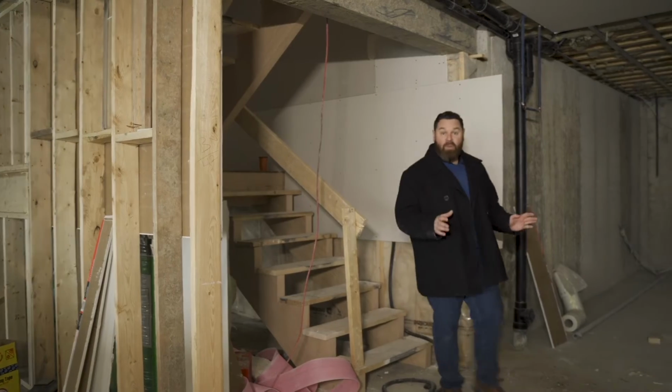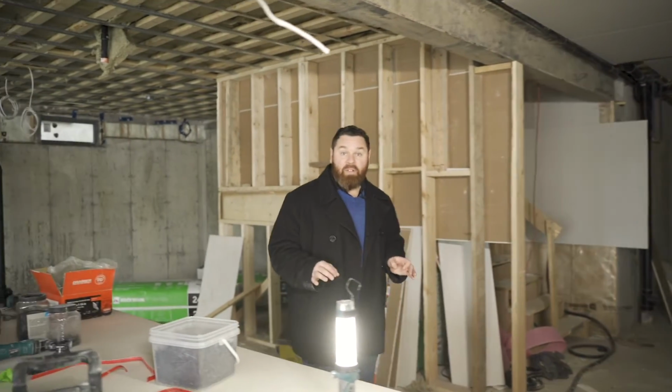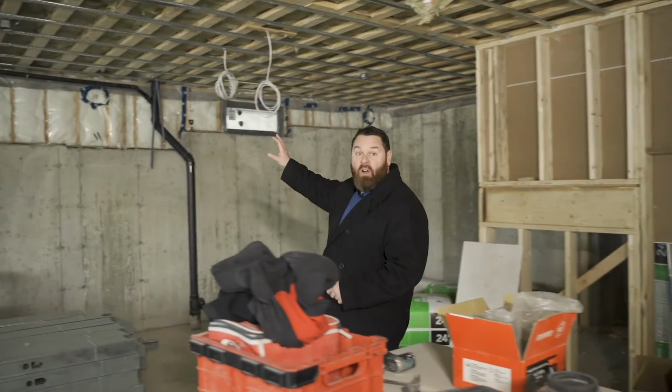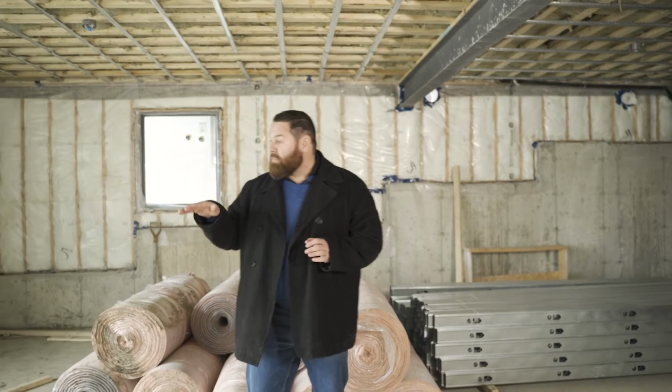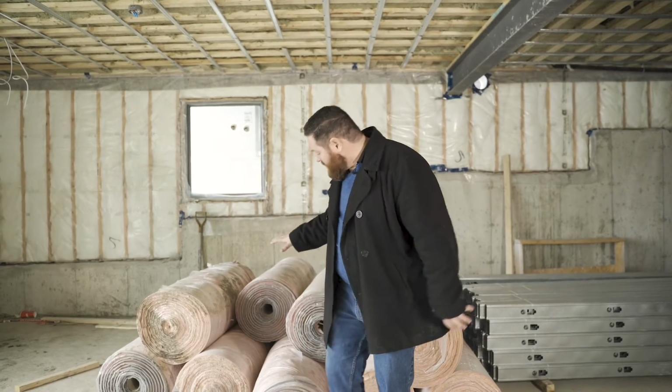So we have a great opportunity as we step into the basement here, because we can actually see both the insulation, vapor barrier, and drywall all occurring at the same time. So as you can see along the side wall over here, we have a step down foundation wall, and that's because our grade changes as we move down into the basement here. At the back, we have a walkout. At the front, we're actually right up at almost main level with grade. So the wall that you see that is covered in concrete is going to be covered in these rolls of insulation, which are actually a